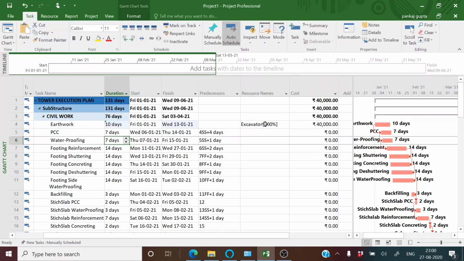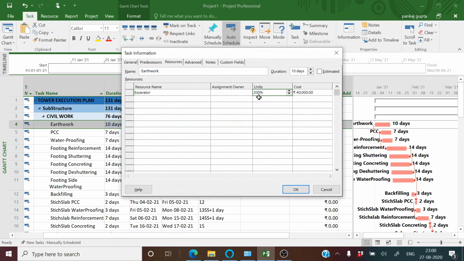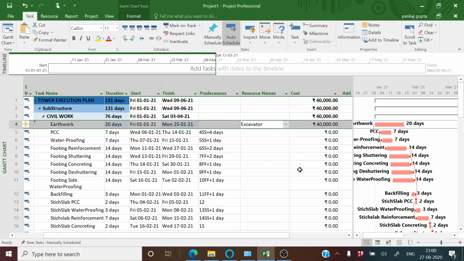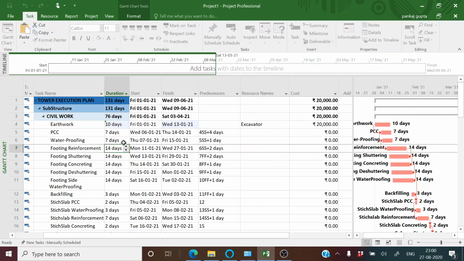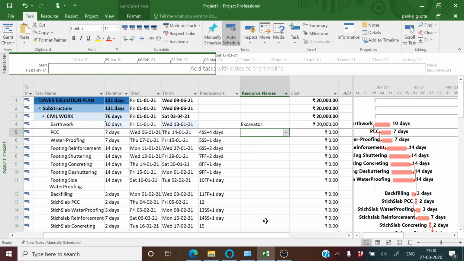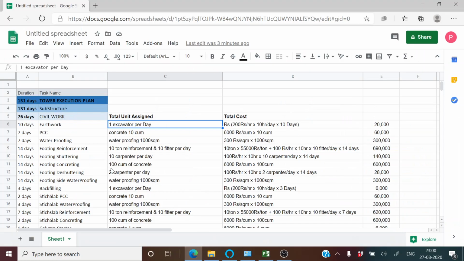As we increase or decrease the resources, the duration may be impacted. This depends upon the type of activity we have defined. This we will learn in the upcoming session. So as we have reduced the resources, you can see the duration has increased. So we also have to ensure that our duration does not get changed while assigning the resources. Till here we have assigned the machine resource.